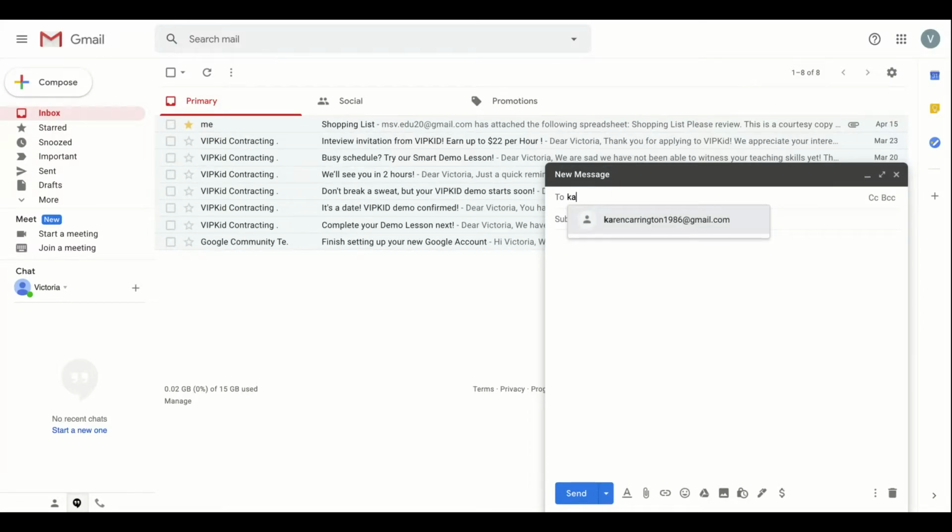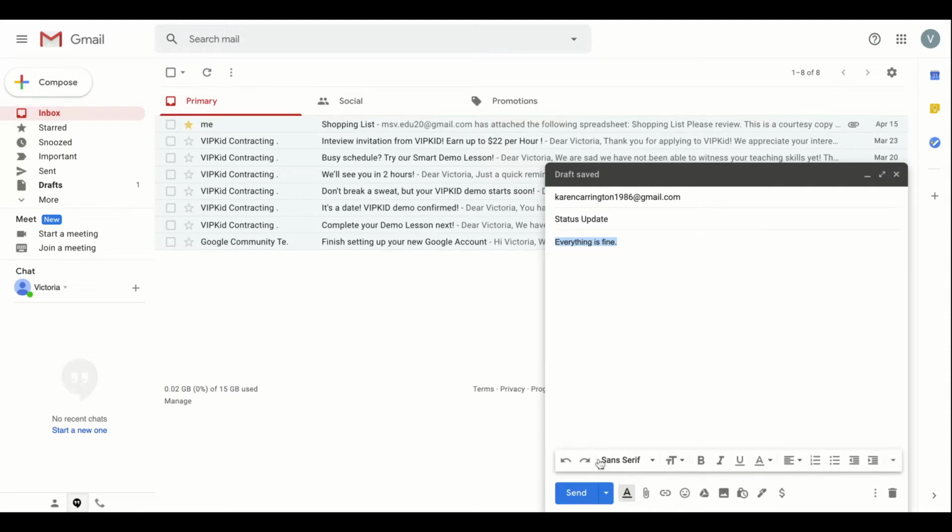Previous emails will auto-populate for you in the To section. And I'll type a subject line, sending my status update. And there's a BCC field that appears as well if you extend that area. Now, typing in the body, you'll notice each email comes with its own individual formatting toolbar down at the bottom. By rolling over it, I can see some of the formatting options that are familiar to us by now, including